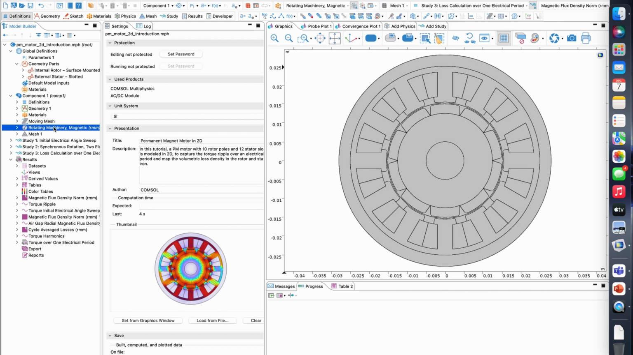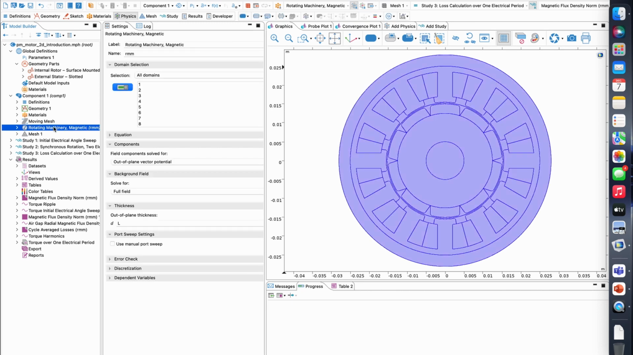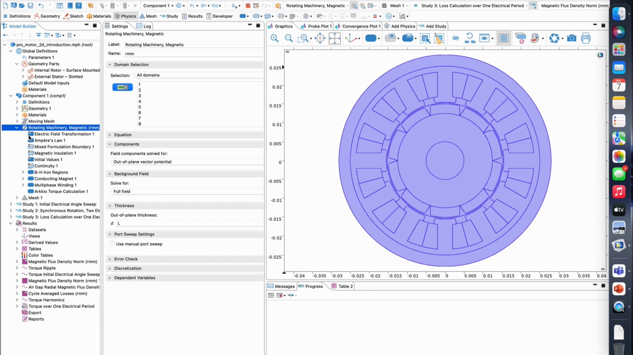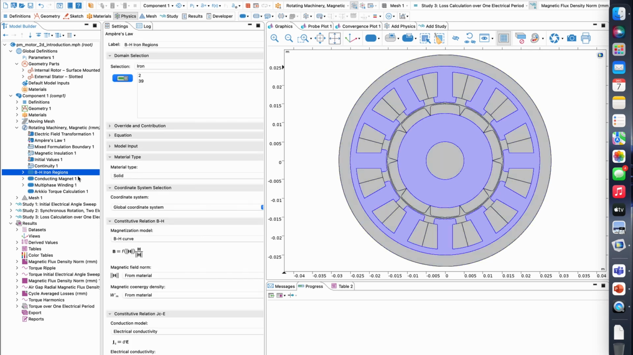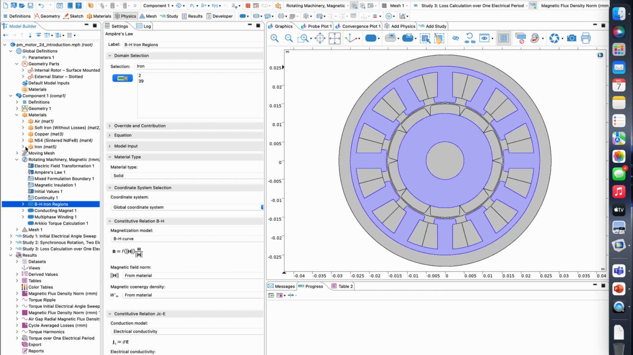Going back to the physics interface. So we have one rotating machinery magnetic physics interface here. And what we have here, and what's the most important, let's start with here with this BH iron regions. So this part is defined by the BH curve, which is set up in the iron part. So if we go into our material selection and we go to iron,